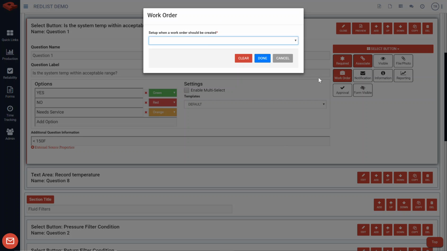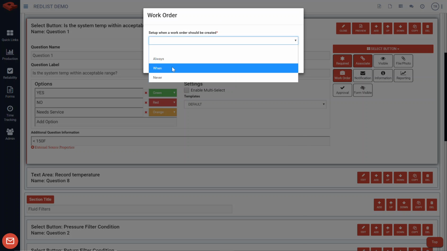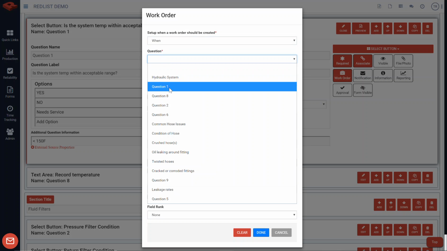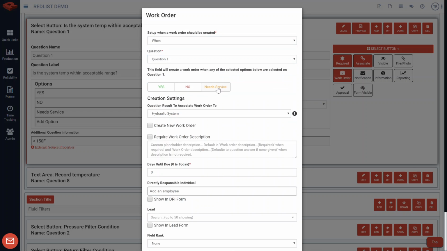So for instance, if when question 1 has needs service, then create a new work order, require a work order description, and you can actually put in here temp too high, need to look at hydraulic cooler